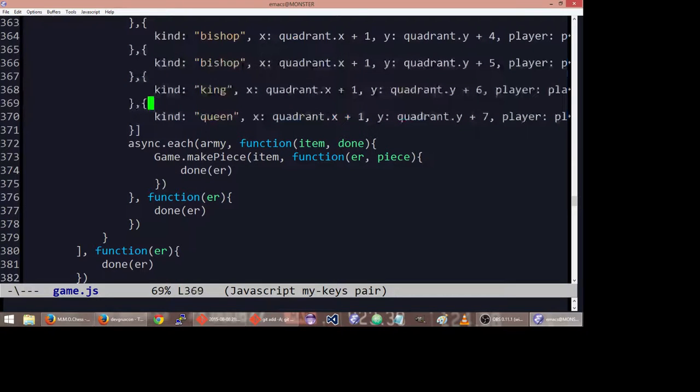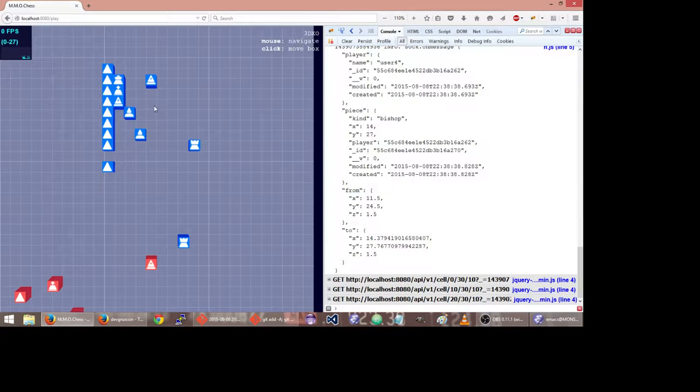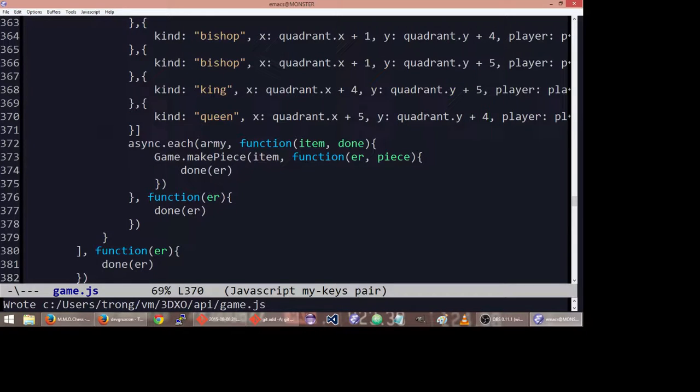So king has 4, 5, and the queen is gonna be 5, 4. I hope. I think that's in the middle, right? Here, so 4, 5, and then 5, 4. Yep. Okay, so, and then